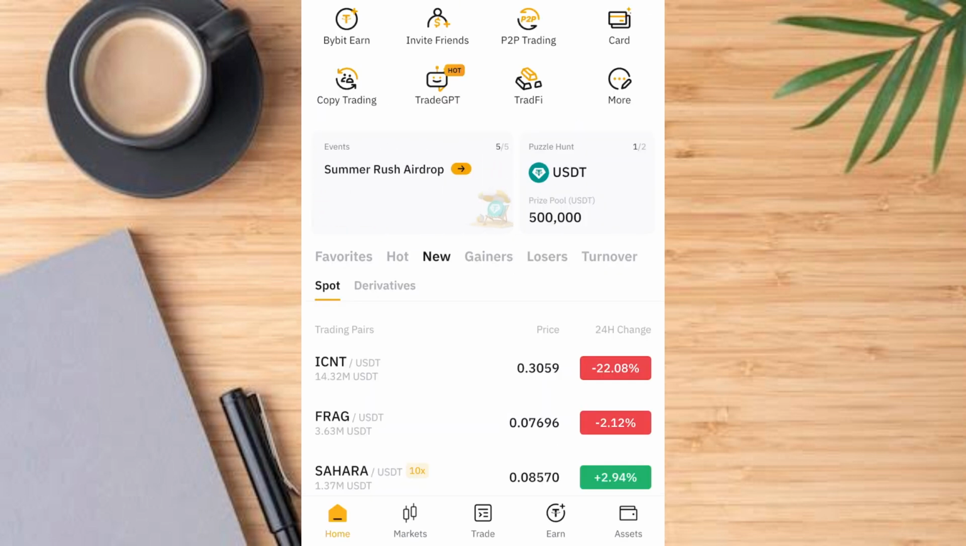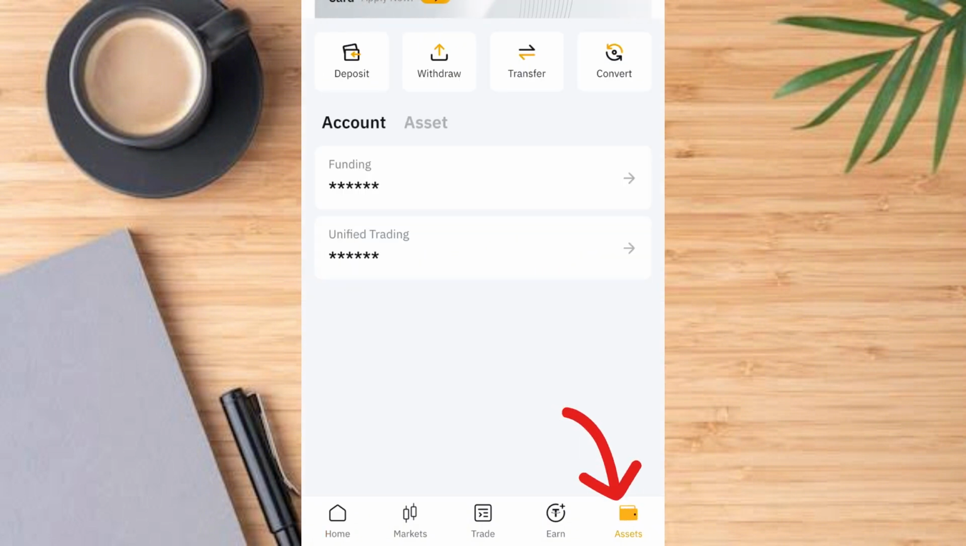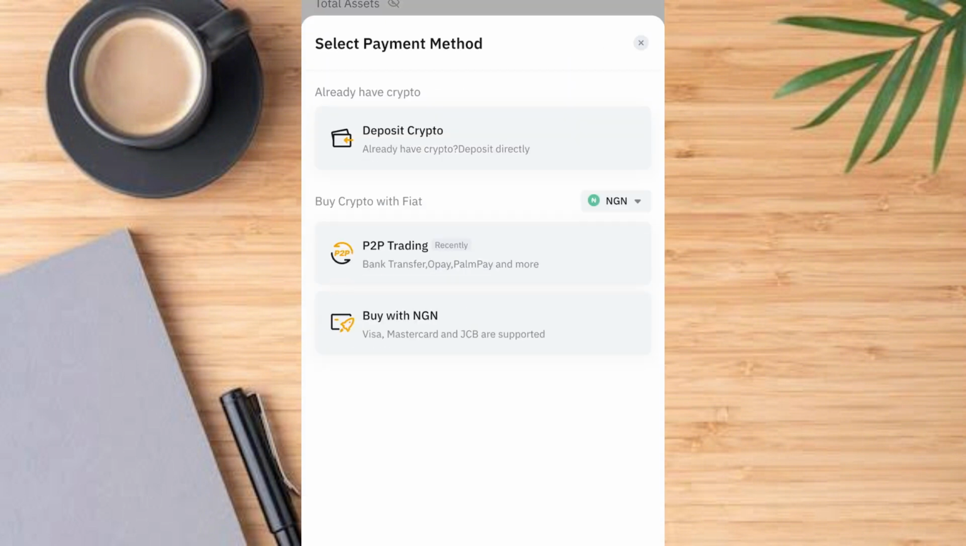The first thing you have to do is to come to the asset button and tap on it. Once you tap on it guys, you have this option. You have the deposit option, withdraw option, transfer option, and convert option. The first thing you have to do is to deposit USDT into your ByBit wallet. Tap on the deposit button. Once you tap on the deposit button, here are the options you can use guys to add USDT